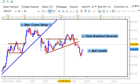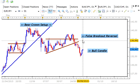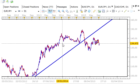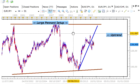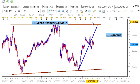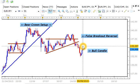On the one hand, this bear crown setup, as strong as it is, it could actually fail, and we could actually see the market start to rally and head bullish, which, as you recall, is actually within a much larger uptrend within a very large pennant setup. So we could actually see the market start to rally and start to resume this uptrend to take us back to the resistance boundary of this larger pennant setup. So that is one possibility in terms of what could take place